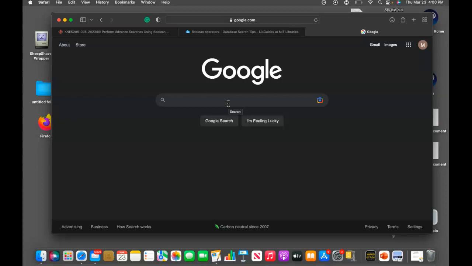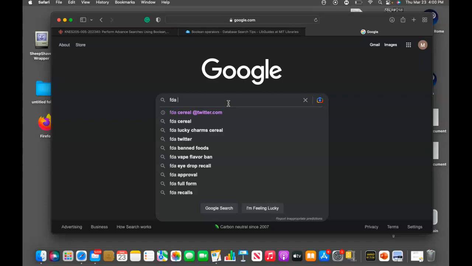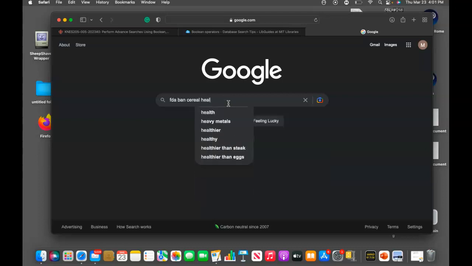So we're going to start with FDA ban cereal healthy, and make sure your Boolean, so that's the Boolean search, is this here, the all capital AND. This is used to narrow your search because it has to include the first phrase I have and whatever I say next. So we have that, and then let's also include